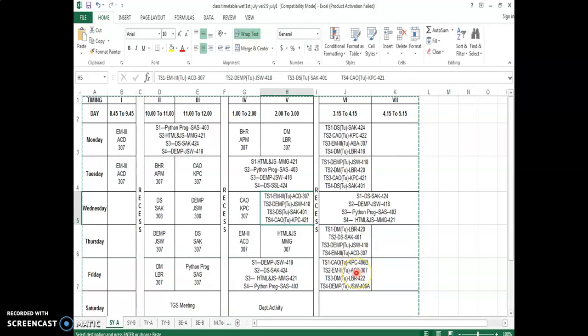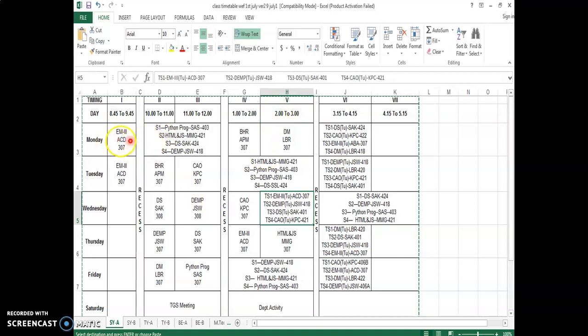Suppose now our application is to create a real timetable for the second year class. This timetable may have headings. These are the time slots we have. Then on the row side, this is a column, we have the number of rows. Here we have 6 rows, and we also have 6 time slots. So this is the timetable we are going to create.